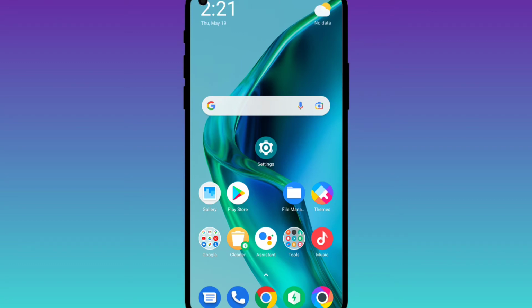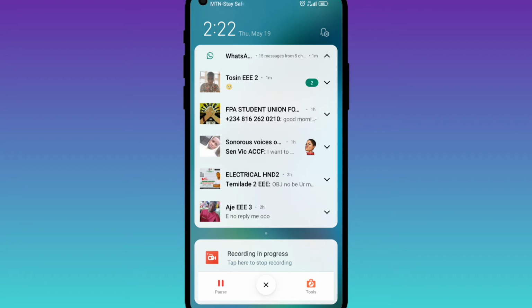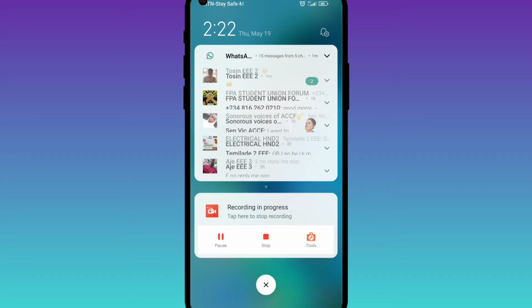Hello everyone, in this video I will show you how to hide WhatsApp notification content from your notification bar or your lock screen. For example, you can see when I go to my notification bar here, I can view all the WhatsApp content without even logging into WhatsApp at all. So if you don't like this and you want to disable it,